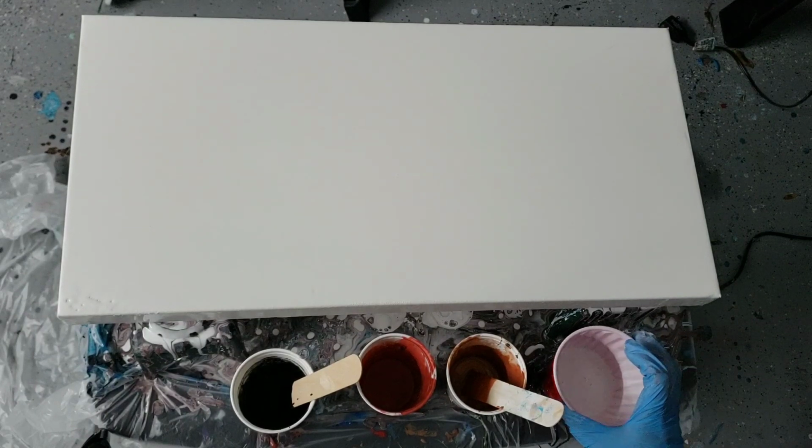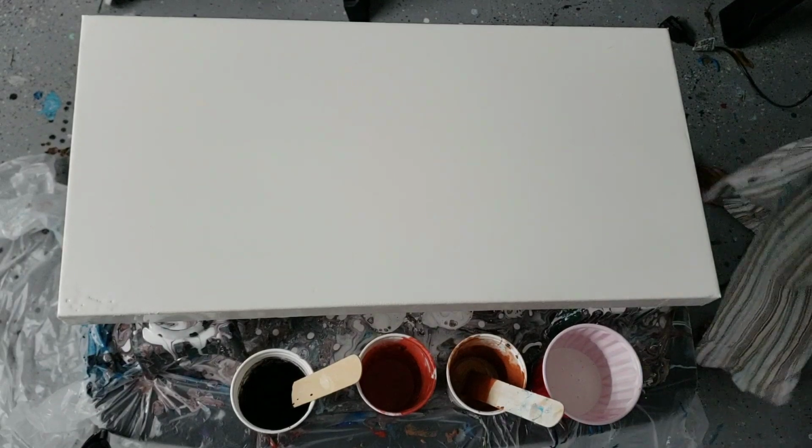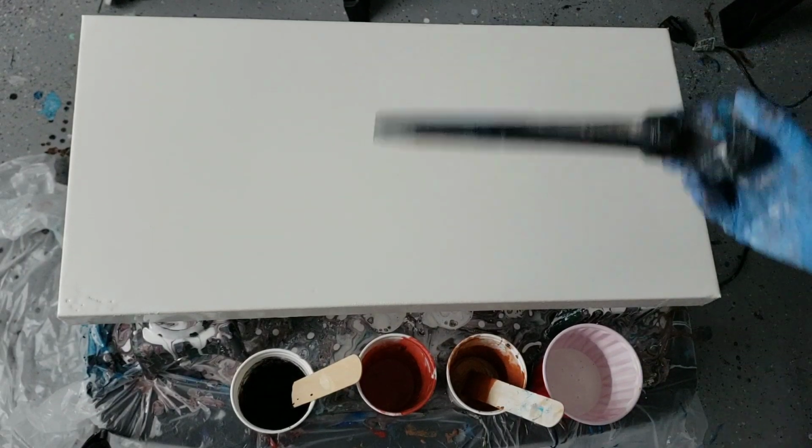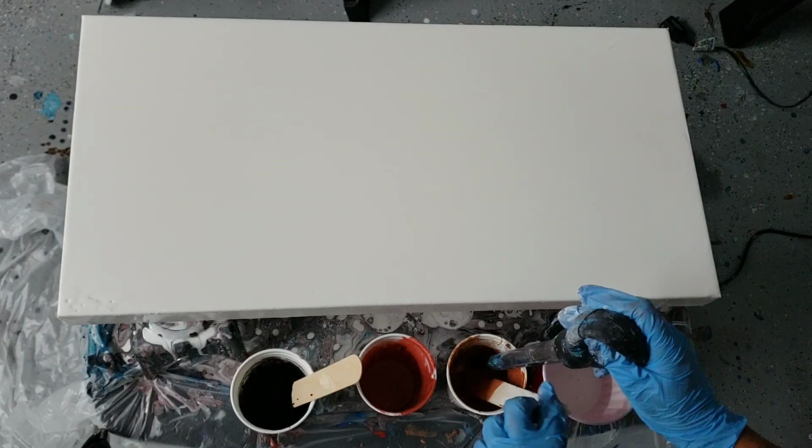All right, so I'm gonna make sure you're in camera, and then I'm gonna go ahead and get started. So I'm doing some different colors tonight because I know how the blues react now. I want to see how some of the others react. So I'm gonna start with